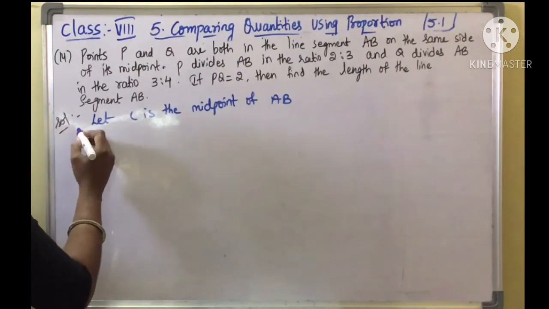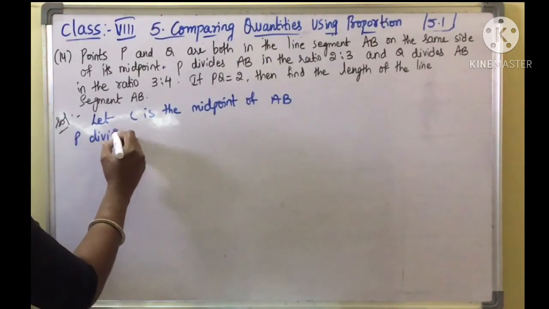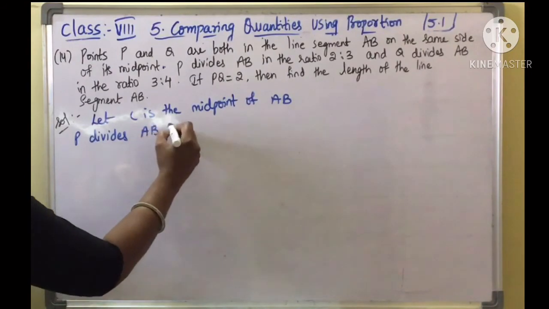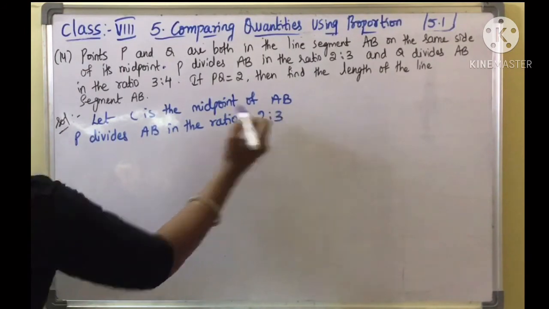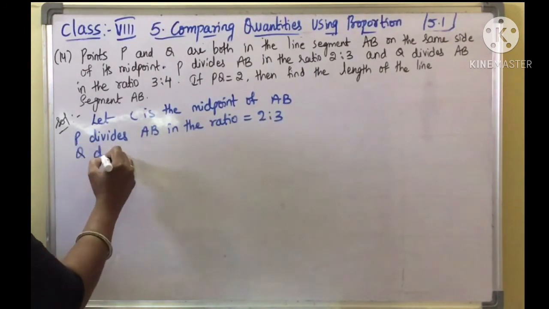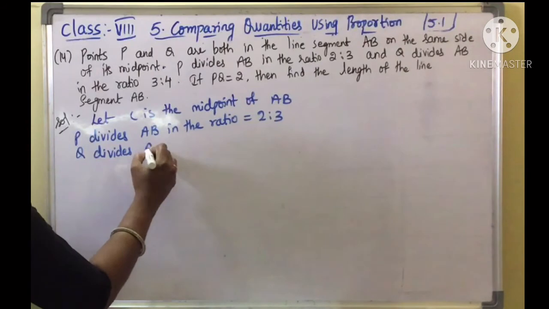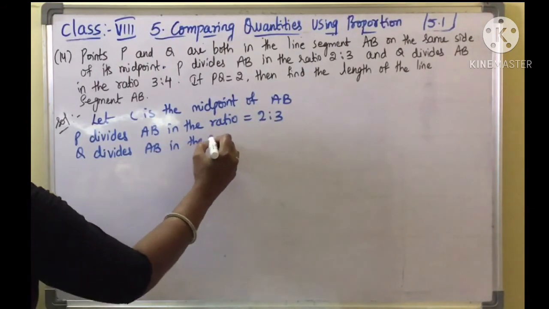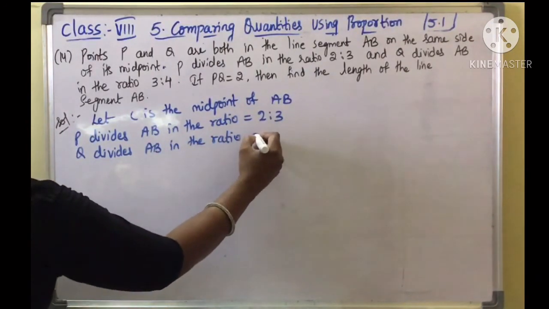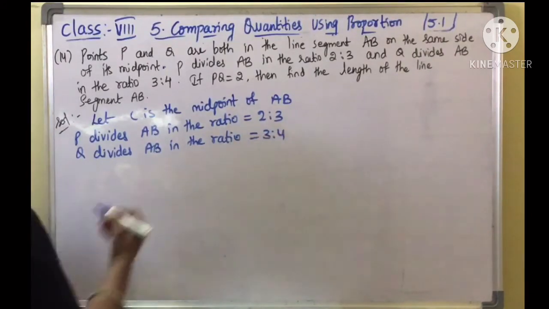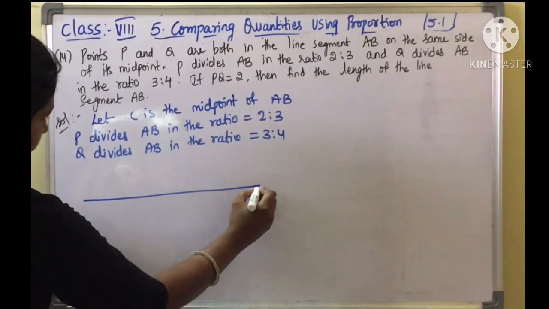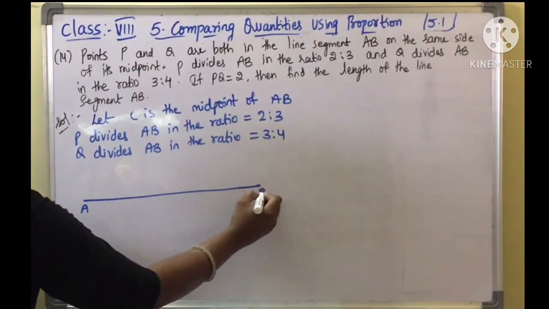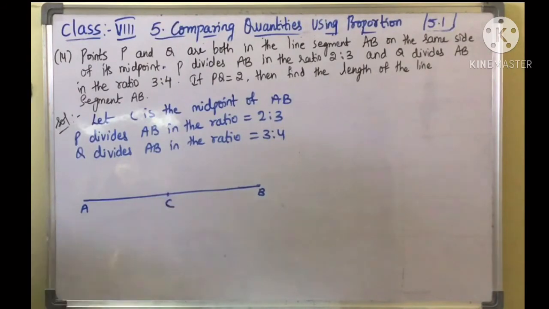Now here, given P divides AB in the ratio 2:3, and whereas Q divides AB in the ratio 3:4. Now we will draw the figure, children. Here suppose A, B, and this is a midpoint C, for example,